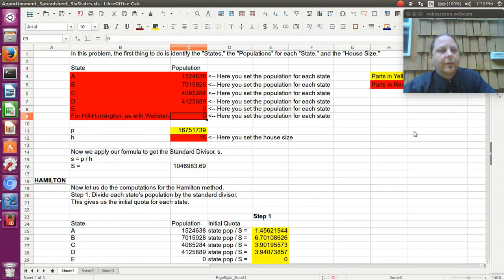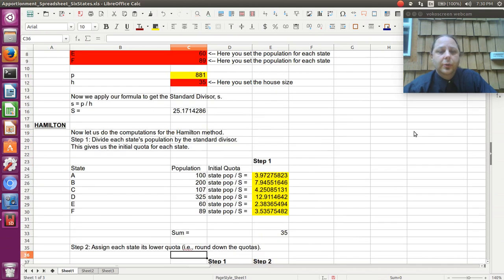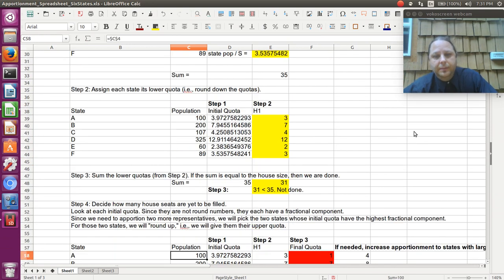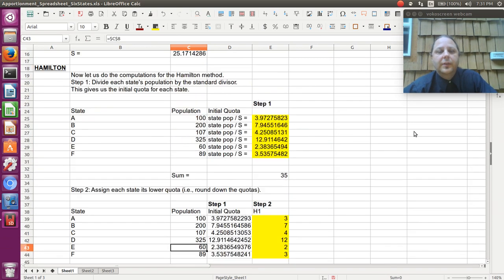All right, that's how you use this spreadsheet to do apportionment. If you've got a context that has 6 states, just call them A, B, C, D, E, F, and maybe it's got different numbers like, I don't know, 100, 200, 107,